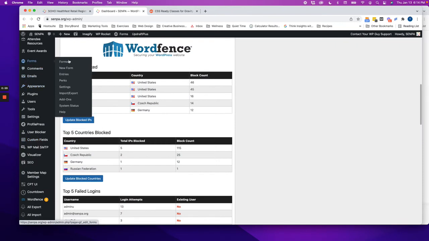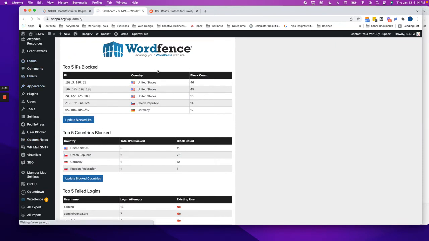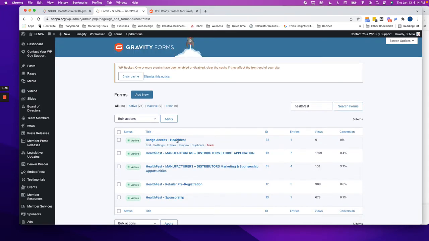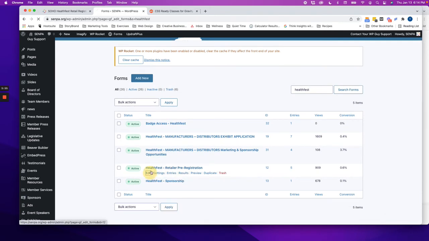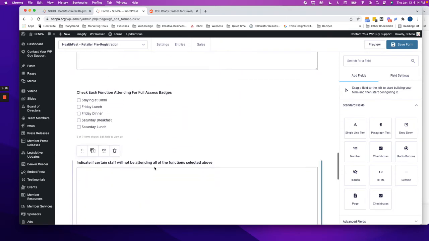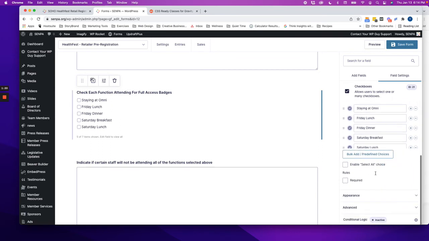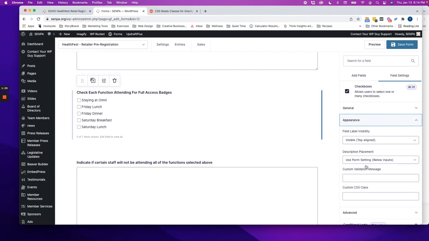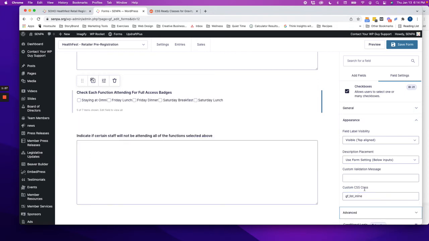And you will pop that ready class right into the CSS list class under the appearance tab, and you can see it displays inline instead of in the